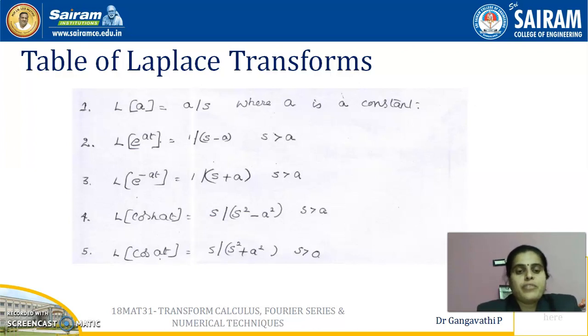And Laplace transform of cos at. Try to remember the difference between the hyperbolic function and just the trigonometric function, and the Laplace transform of those functions too. Laplace transform of cos at is s divided by s square plus a square, again s is greater than a here. These are a few things that you have to remember, like the basic definition. Without these formulas, you will not be able to do anything in the case of Laplace transform. There are some more like that.